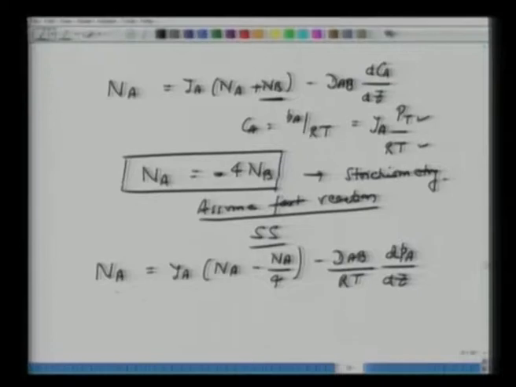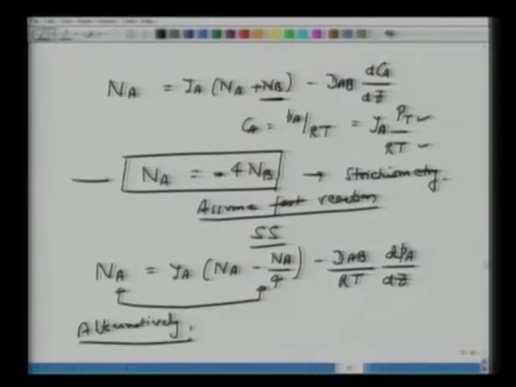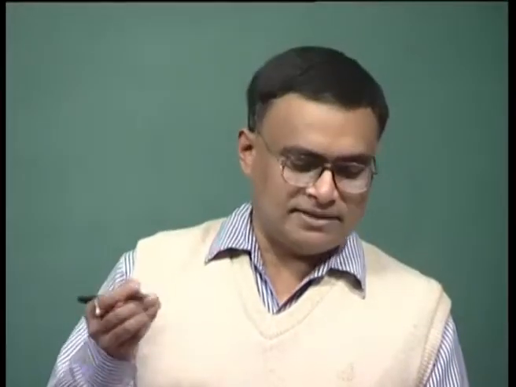Now we can integrate and solve for this Na, molar diffusion flux of Na here, which we did in the previous class. So the idea here is not necessarily every time you have to go back and start from the first principle. Alternatively, you can start from integrated equations, and in that equation you can substitute Na equal to minus 4 Nb. So we like to go back to the previous equations, which were integrated in terms of Na, Nb, and it was implicit of course in terms of concentrations, but in that equation also we can substitute this stoichiometry, and then we can solve the problem.